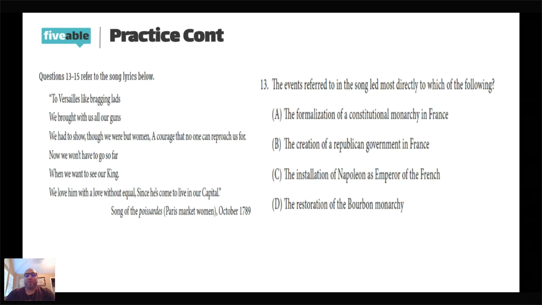But again, notice what we did not do. We didn't go straight to the passage. We read the source. We activated the knowledge that we have of the time period around the source. We read the question multiple times. And then we looked and got rid of the answers that don't match. And finally, we went back to the source to get our answer. That's why it's very key here that you practice using the source and the question to answer these.